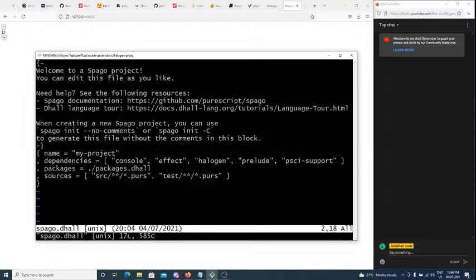This stuff is all commented out up here, so you don't need to worry about that. What matters is all the stuff down here, and literally the only thing you have to do is add halogen into this list of dependencies. You can also do a spago install halogen, and it'll just automatically add it to this list, and that's it. That's all it does. It's really nothing special. I guess npm does similar things when you do a local install of certain dependencies. It just edits a file, I think it's your package.json or whatever. So yeah, this is kind of like your package.json, but for PureScript.